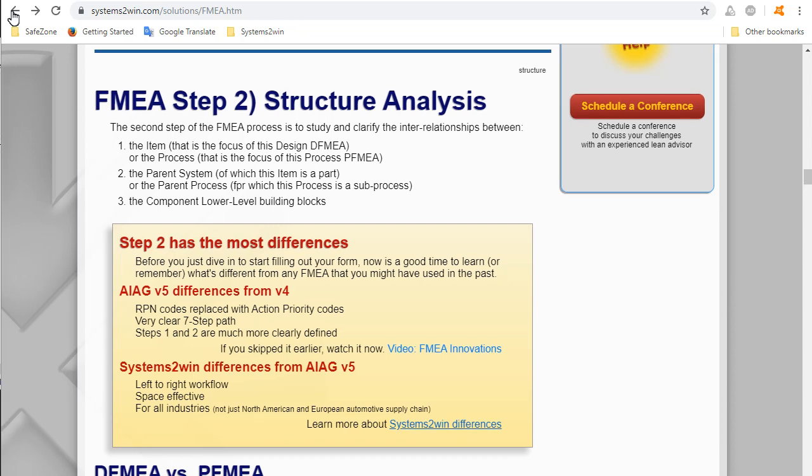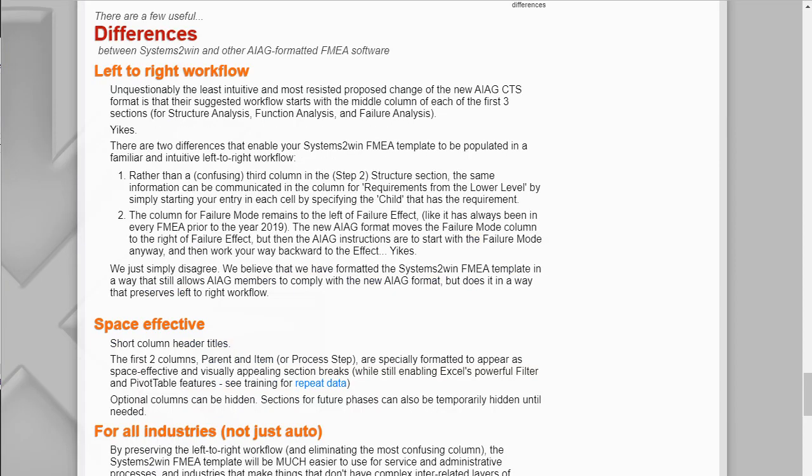And to refresh your memory on the difference between how your Systems to Win template differs from any other version 5 FMEA template that's out there. Most importantly, that we preserve left to right workflow, making it much more intuitive to work with. And it's more space effective, and it's for all industries, not just the 0 point something percent of FMEAs that are done for the auto industry.